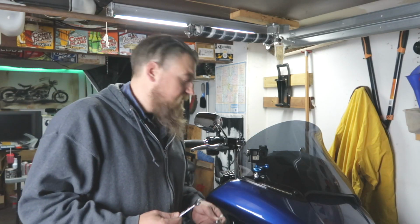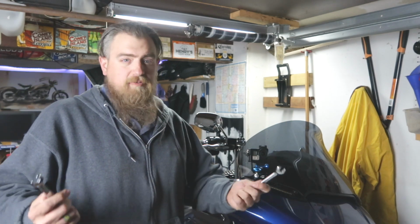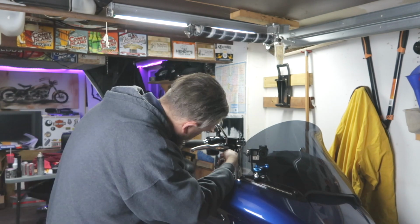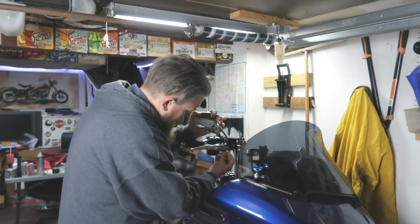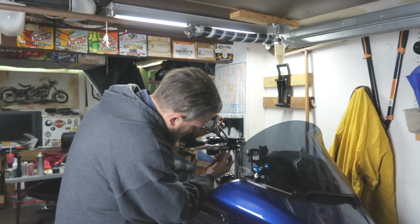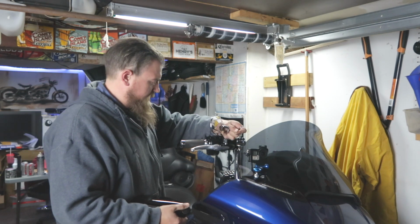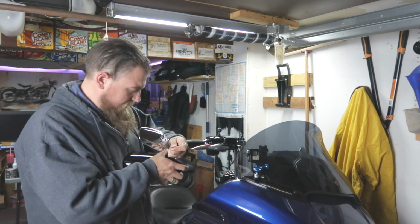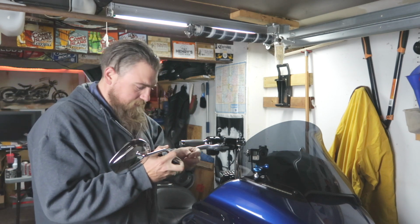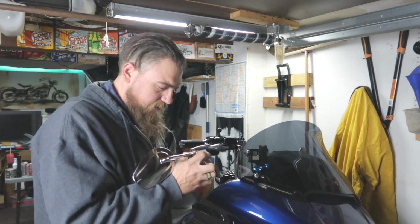Your next step is going to be to remove the mirror. This mounting bracket goes right onto the mirror stem, so it's a pretty easy installation. Take the mirror, put it through the bracket, put your star washer through,